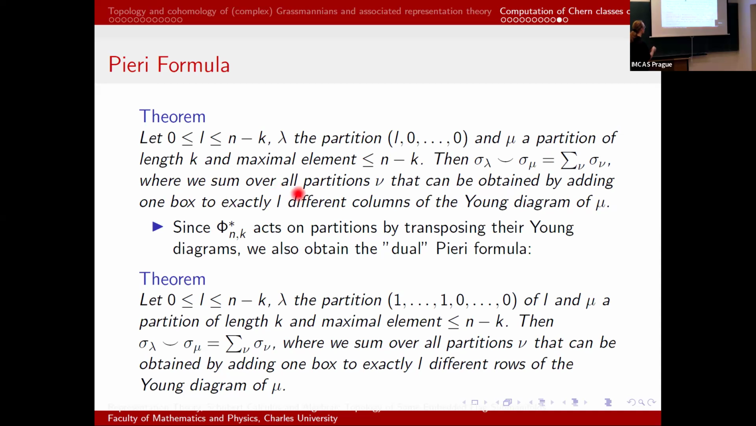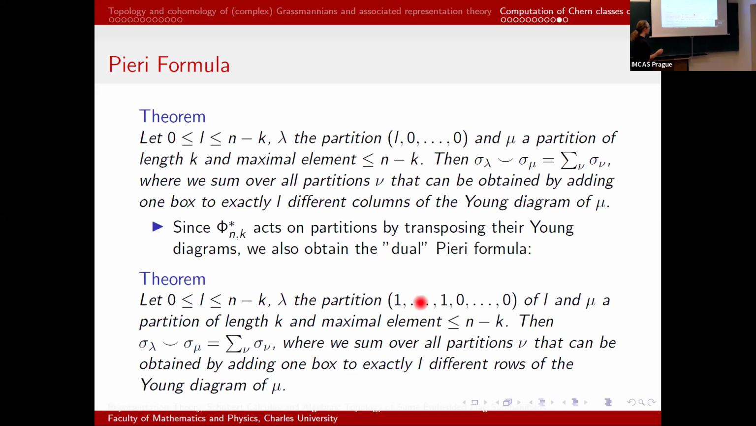And so this is the standard form of the Pieri formula. And if we consider the map phi_{n,k}, which we know transposes Young diagrams, so in particular it maps the Poincaré duals of columns to Poincaré duals of rows. We can use this map to also prove a symmetric version of the Pieri formula, which states that